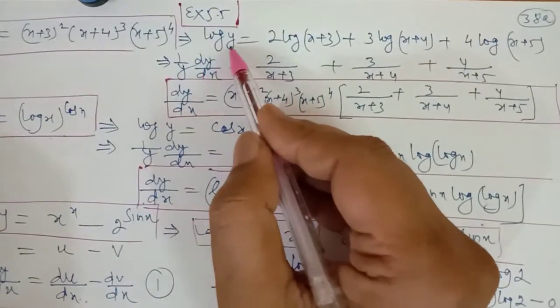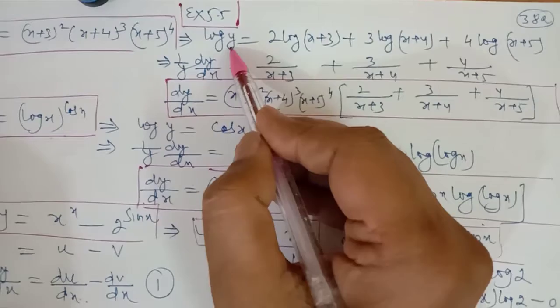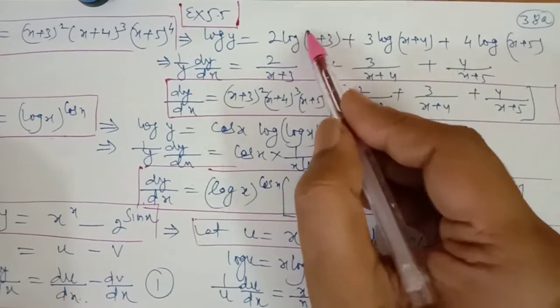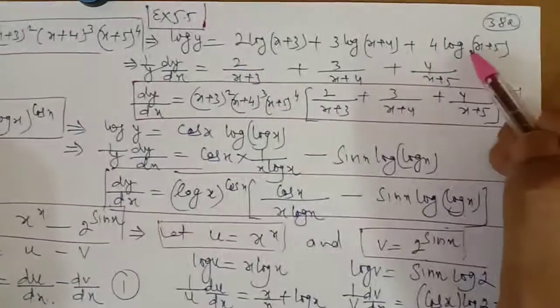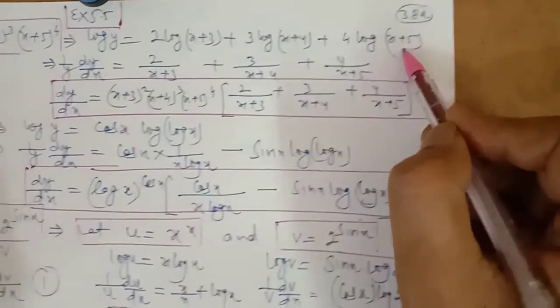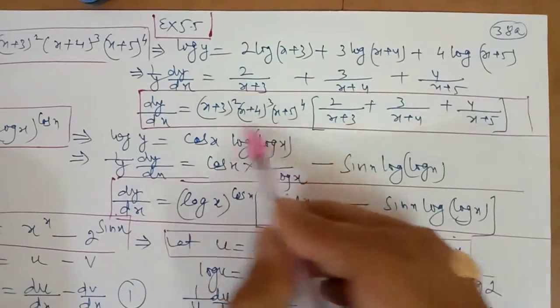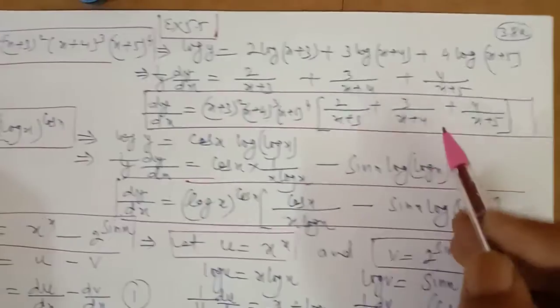So in place of product we have the plus sign here. Again simply differentiate. Log y will be equal to log y, derivative 1 upon y d by dx, because we have differentiated y with respect to x. Derivative of log x plus 3 will be equal to 1 upon x plus 3. Derivative of log x plus 4 will be equal to 1 upon x plus 4. Derivative of log x plus 5 will be equal to 1 upon x plus 5. d by dx y is multiplied by this expression, and put the value of y. This is the value of y, multiplied by this expression.